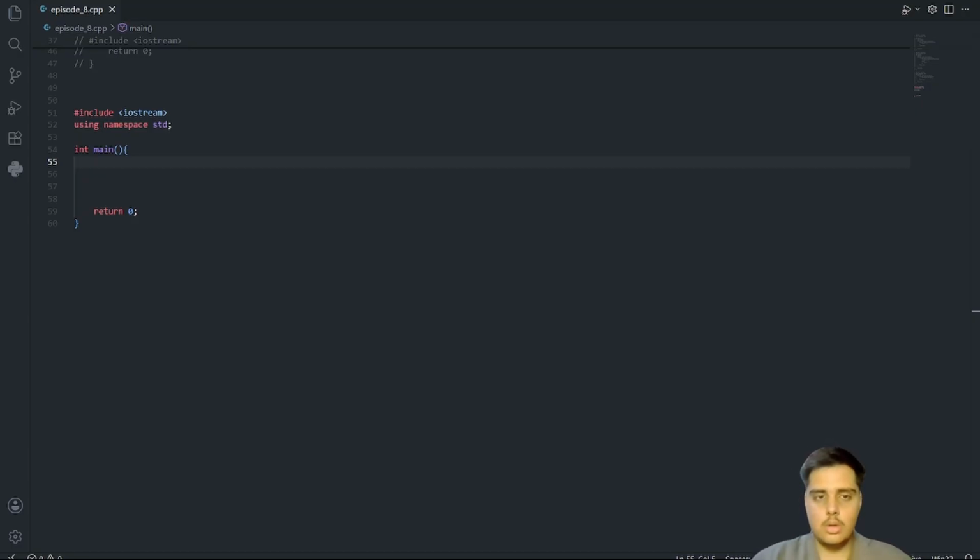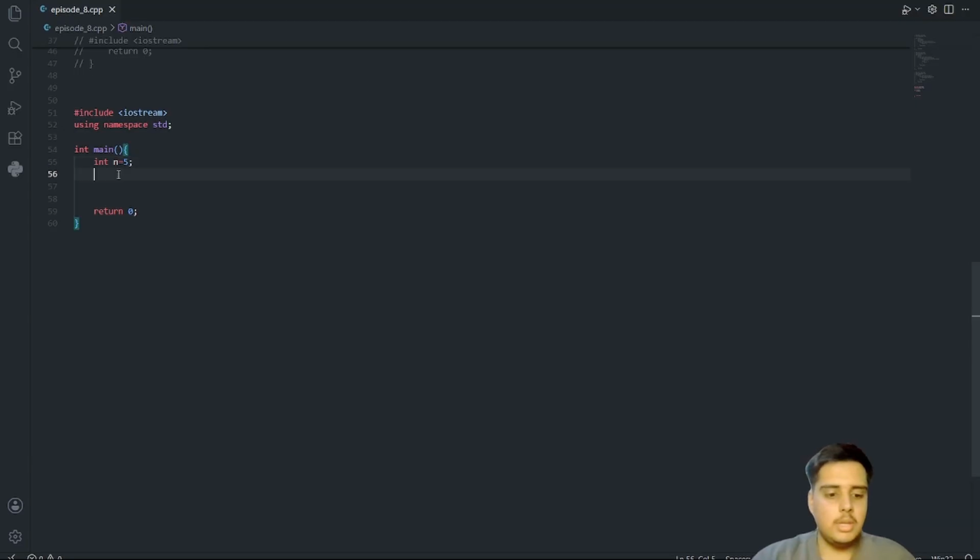So after this we will firstly take int n equal to 5. The reason behind taking int n equal to 5 is that we know the number of rows is fixed, and that will be 5 here only.